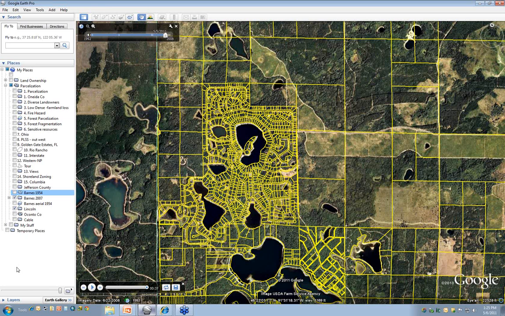And I like it because Google Earth is much faster, and it gives you the 3D rendering, which is very powerful. So if you're not doing any sophisticated spatial statistics or landscape ecology metrics, just a visual of it is very important, and we find that a lot of the citizens find that very powerful as well.